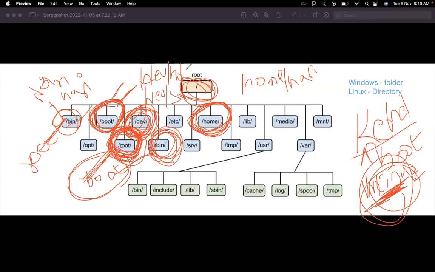So if I have two hard disks, what are the names? The first one is A and the second is B: hda, hdb. So in our operating system, we have two hard disks.